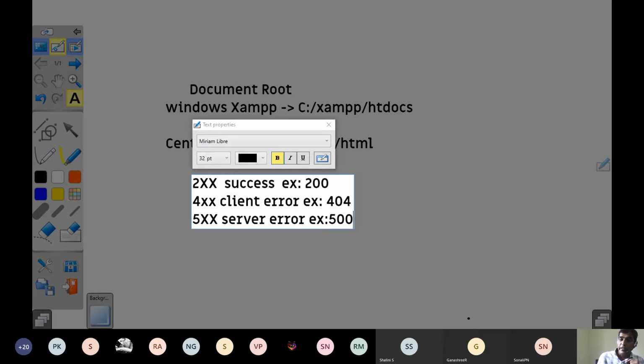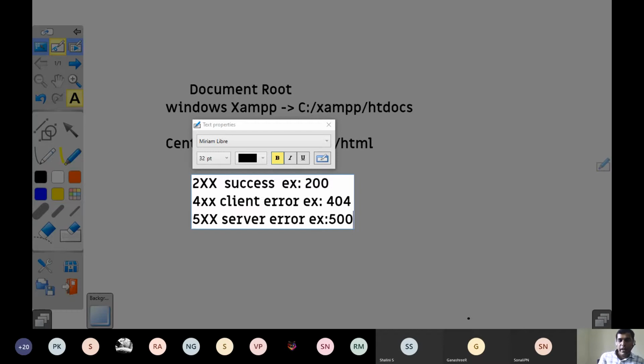It is not necessary that there should be a syntax error. Of course, result.php is a correct program. It should connect to the database. So the Apache server executes result.php and in result.php, there is one function to connect to the MySQL database. But the MySQL server itself is not running. If the MySQL server is not running, then the PHP program fails to connect to the database. That means finally you won't be able to get the result. At that time, the Apache server again sends the server error.